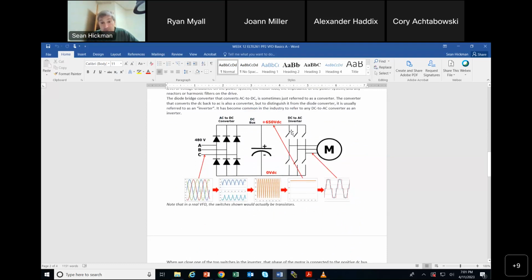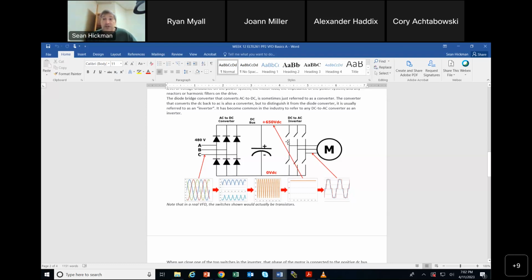And notice this first switch runs to motor phase 1, the second to the next motor phase, the next one to the motor, and then there's the return, so that we can open and close these in sequence to allow the voltage to maybe flow this way, and then it could flow to there, and then we would let it flow straight to this one and around this way. So then we generate AC voltage by